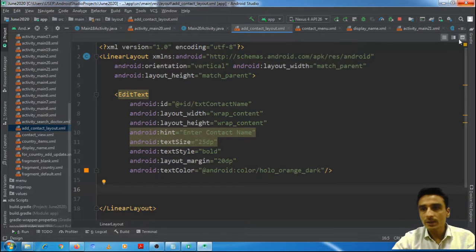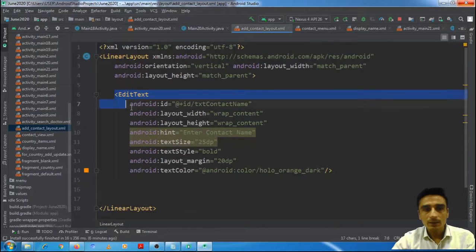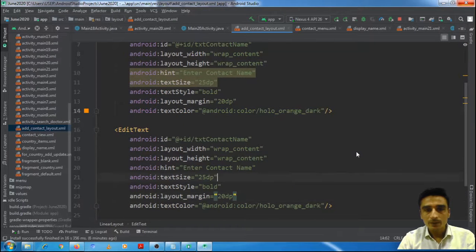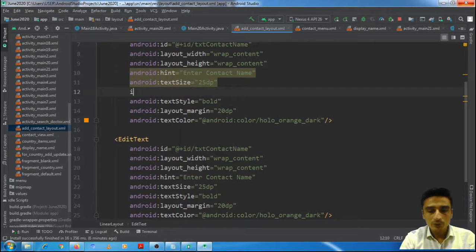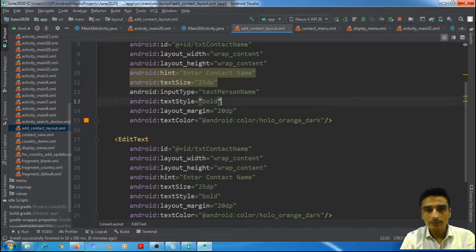So this edit view will look like this, enter contact name, and another edit view below it for entering number. Here we should give input type as text person name.